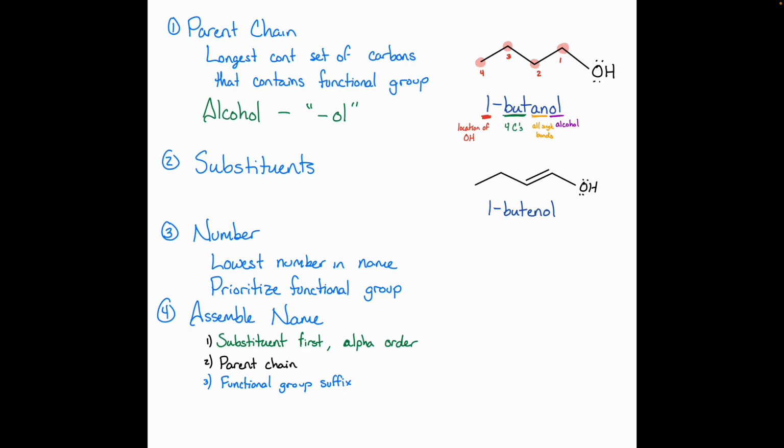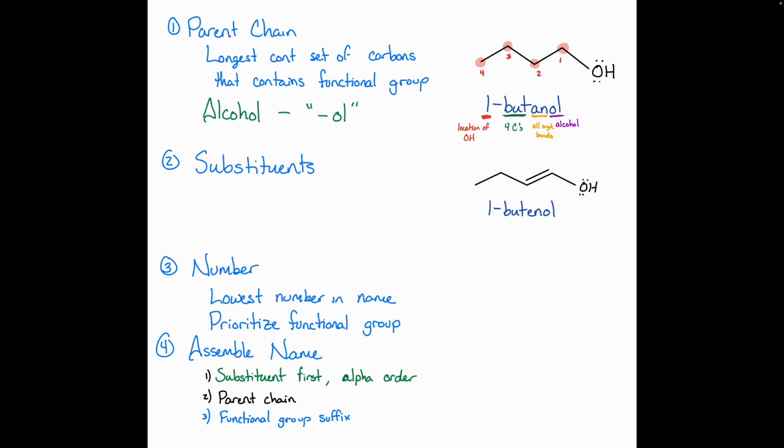All right, so when we name our alcohols, we got to find our parent chain, our longest continuous set of carbons that contains that hydroxyl group. We're going to use this new ending, this new suffix OL to indicate that we have that alcohol functional group. We're going to find our name, our substituents, just like how we learned how to do before. I don't know, it's been a minute. If we want to just kind of have in our notes here,